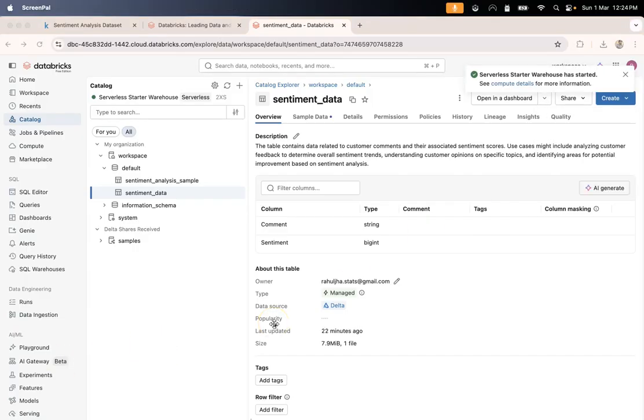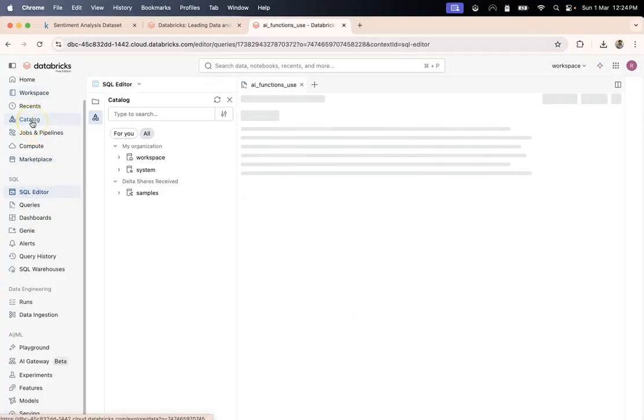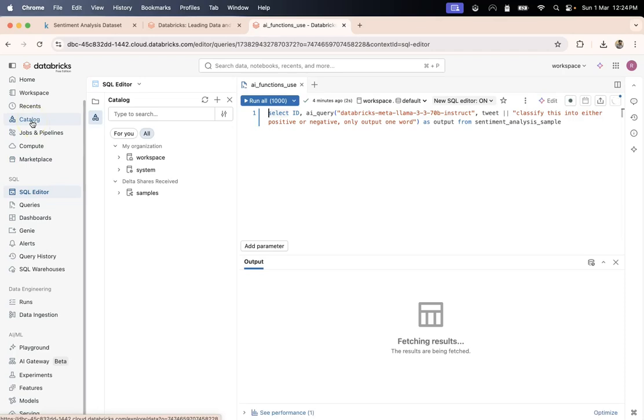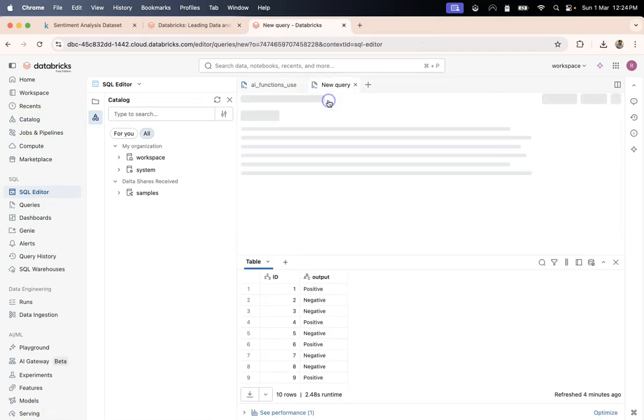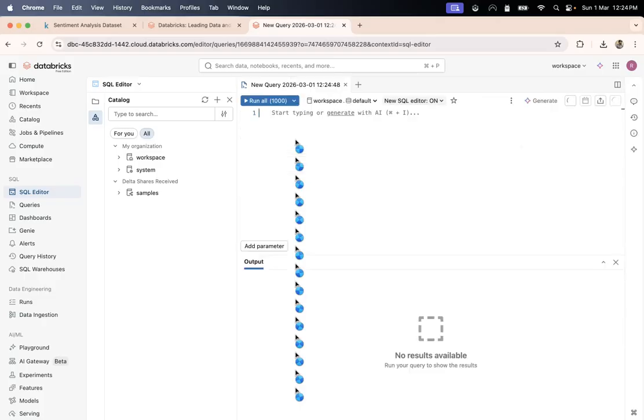So let us now explore how we can use AI functions, in particular AI analyze sentiment on the dataset that we just ingested. I would like to navigate to SQL editor for this. Although you could have just used SQL query from the catalog only, but let me create a new query, and within this query I want to use, so each query is tied to a given schema.